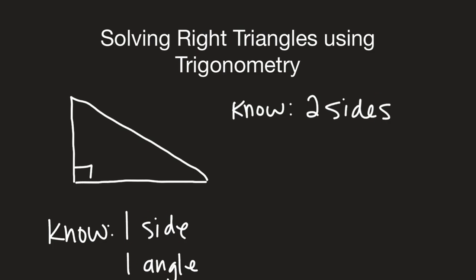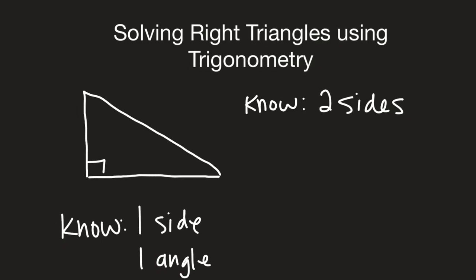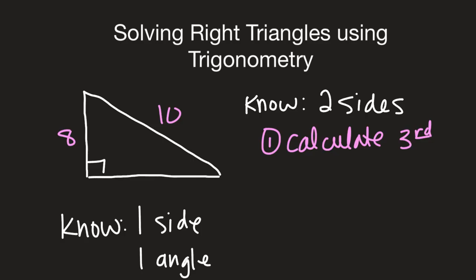So let's assume for a second that we know two sides. Okay, let's call this side 8, and we'll call this side 10. Okay, we know two sides. Any two sides. It doesn't matter what two sides we know. Okay, the first thing we can do is calculate your missing side. And we can do that by using the Pythagorean theorem. Okay, we're going to use the Pythagorean theorem from geometry,